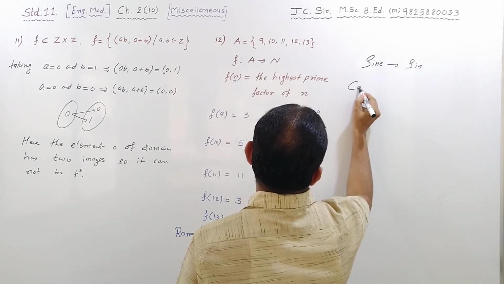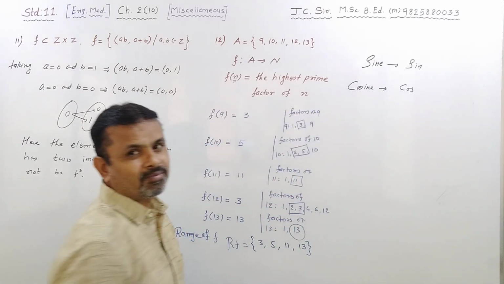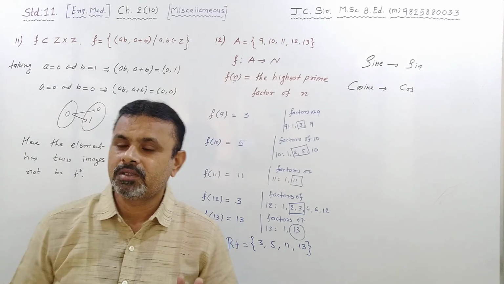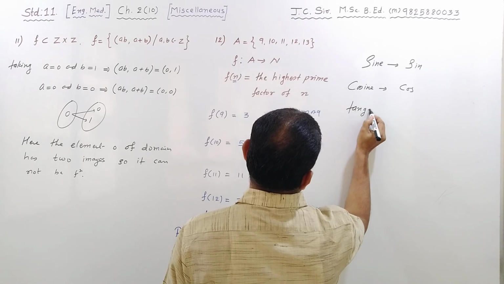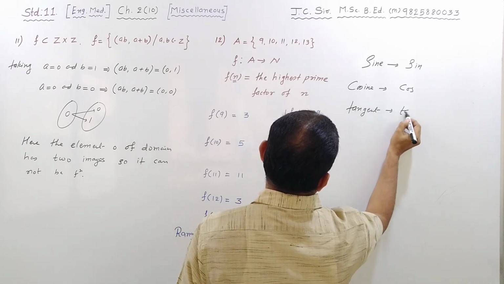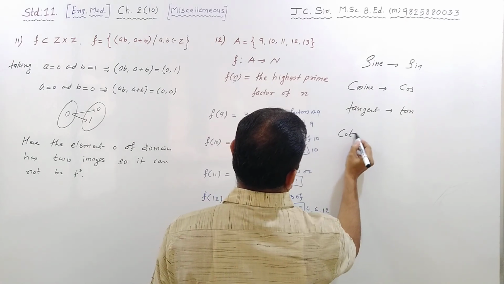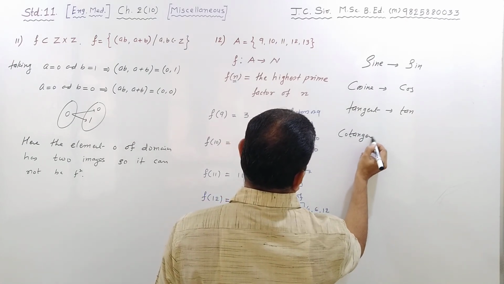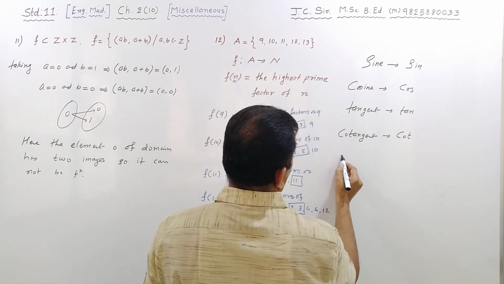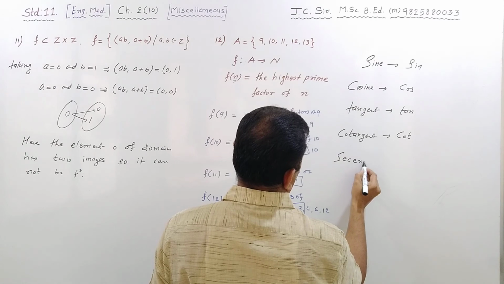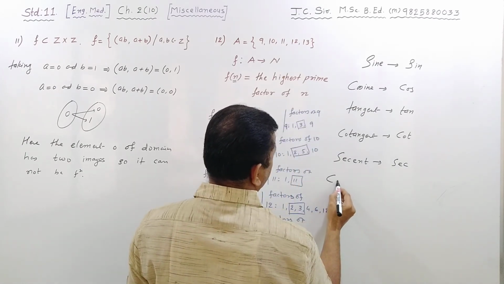Second one is cosine. In short, we will write cos. First 3 letters we will use, right? Third one is tangent, but we know it by tan, right? Fourth one is cotangent, and its short name is cot. Fifth one is secant, its pet name is sec, and the last one is